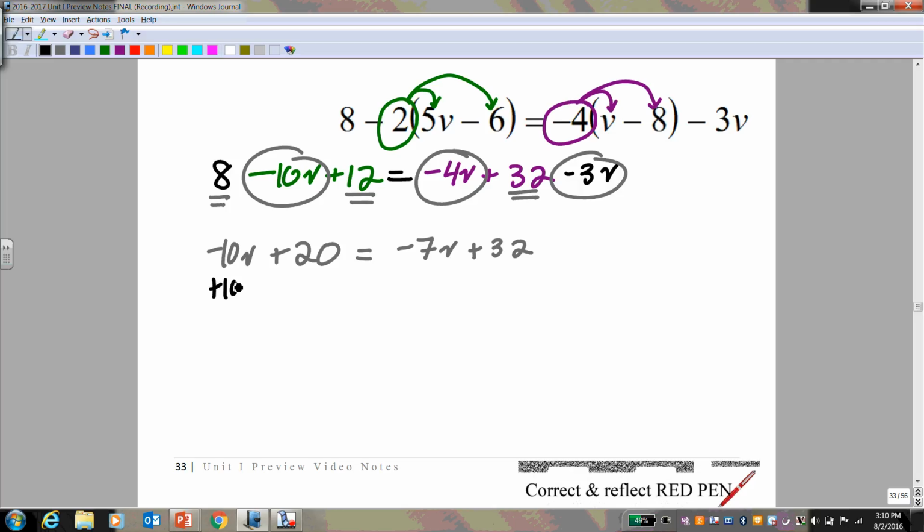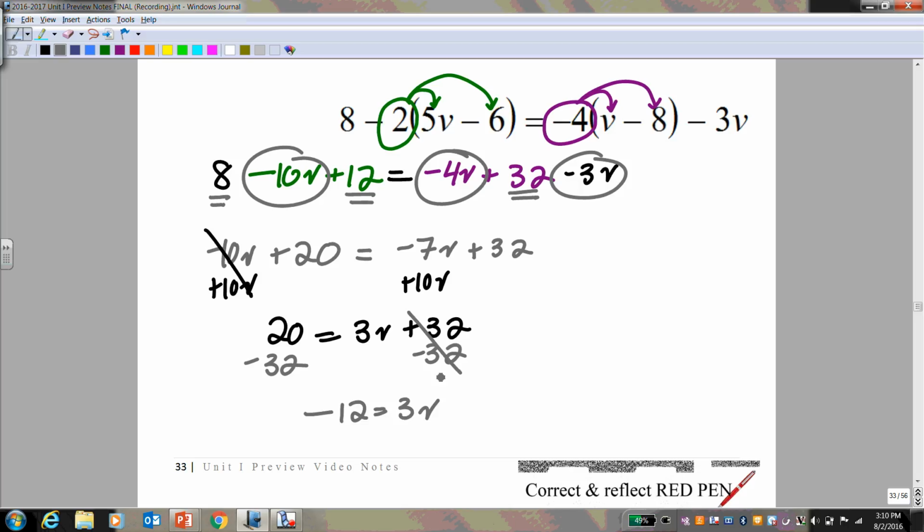So I'm going to add 10v to both sides. Cross it out and cancel. Then minus 32 to the other side. Divide out that 3. 3 goes into 12 4 times, therefore,